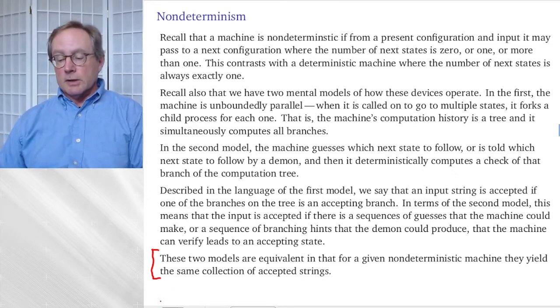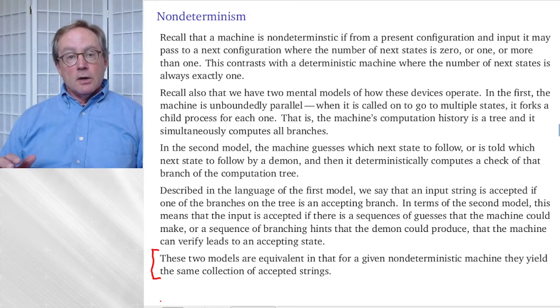And we're using these mental models as a way to help us understand what's the right definition to make. What is it that we want these machines to do? How do we express that? I like to think of